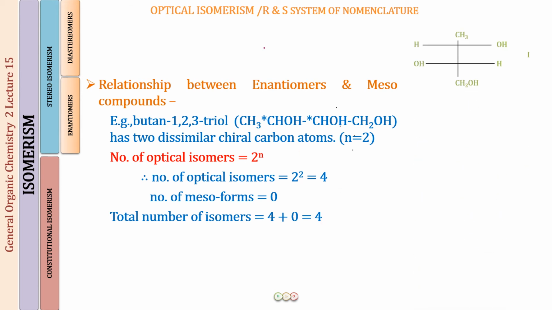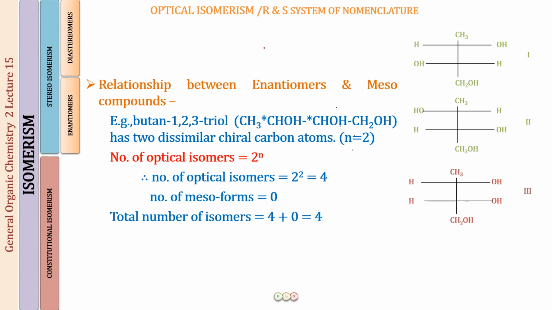Okay, so if we draw these structures, this will be structure number 1, 2, 3 and 4. Fine. So this is carbon number 1, carbon number 2, carbon number 3 and carbon number 4. An H and an OH, an OH and an H. Reverse the condition. This is going to be its mirror image compound. So these form a pair of enantiomers. Keeping one H and OH same, change the direction of the other groups. So you will be forming 2 hydrogens on one side and 2 OH groups on one side. Have a mirror image of this structure.